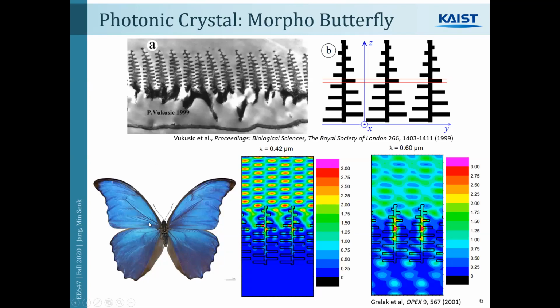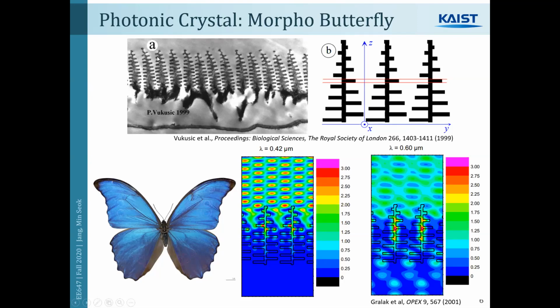Here, this is a natural example of a photonic crystal. Many of you probably have heard about this. This is called a Morpho butterfly. The wings of this butterfly have a really beautiful blue color. And it turned out that this blue color originates not from its material, but from its structure. So if you look at the cross-sectional profile of this blue colored region, which is figure A here, it